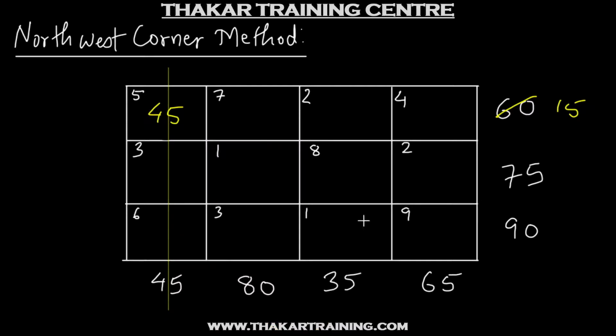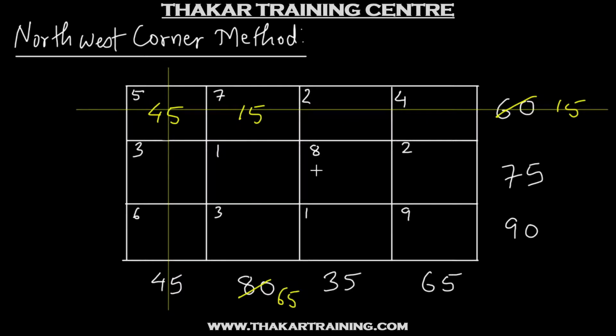So once again, from the remaining cells that can have an allocation, we look at the cell which is at the topmost left hand side corner. That is this cell. Now what is the maximum that can be allocated to this cell? Here the source capacity is 15 and the destination requirement is 80. So the maximum that can be allocated to this cell is once again the minimum of the two, that is 15. So we allocate 15 units to this cell. So now this source capacity is completely utilized. So we strike this row off. And for this destination, out of 80, 15 have been met. So the remaining is 65.